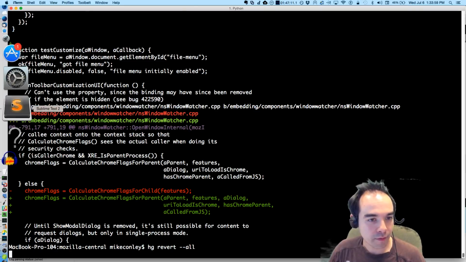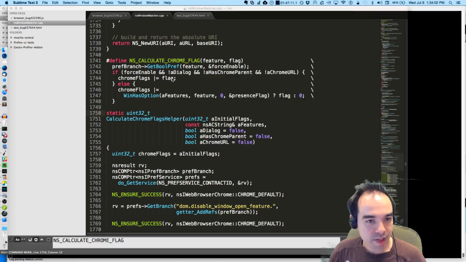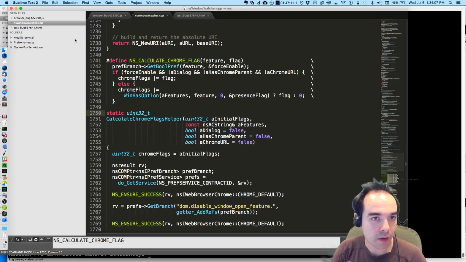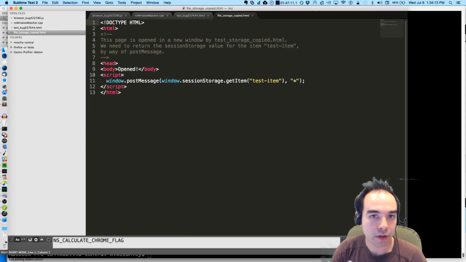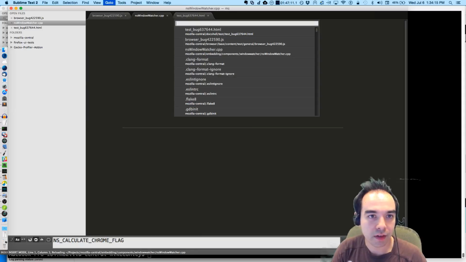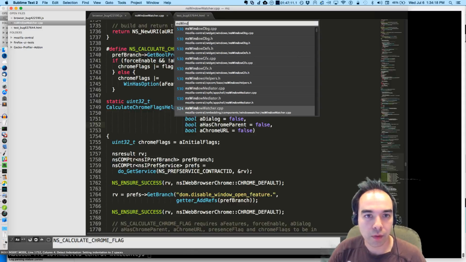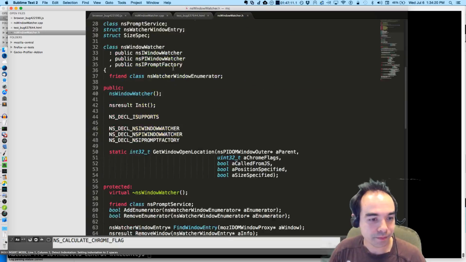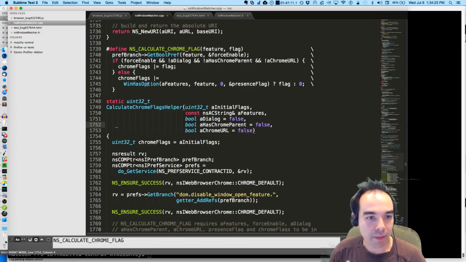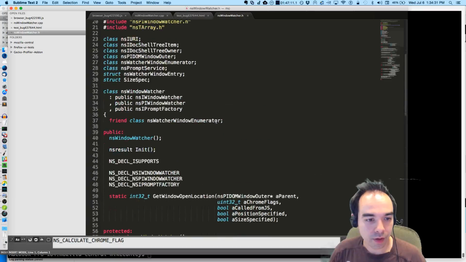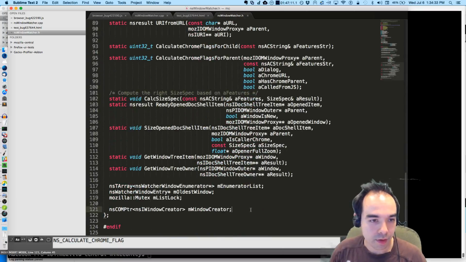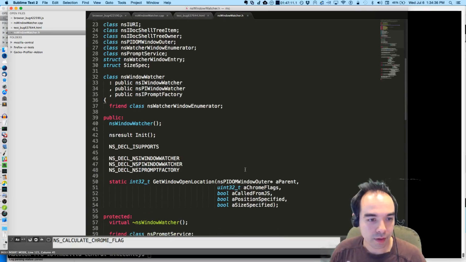And then what I'll do instead is clean up some of the stuff. So, nsWindowWatcher.h. That's the one. I've got a couple of these static methods defined, like calculate Chrome flags helper. And I think what I'm going to do is put them protected, public.